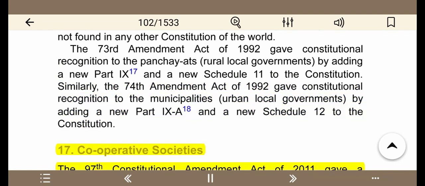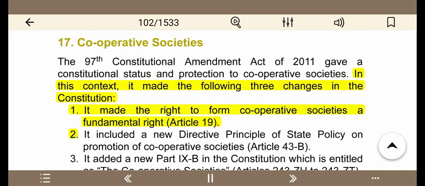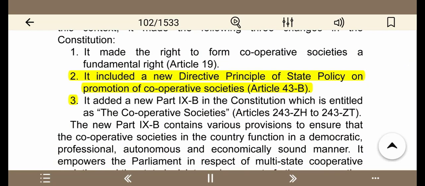17. Co-operative Societies. The 97th Constitutional Amendment Act of 2011 gave a constitutional status and protection to cooperative societies. In this context, it made the following three changes in the Constitution. 1. It made the right to form cooperative societies a fundamental right, Article 19. 2. It included a new directive principle of state policy on promotion of cooperative societies, Article 43B. 3. It added a new Part IX-B in the Constitution which is entitled the Cooperative Societies, Articles 243ZH to